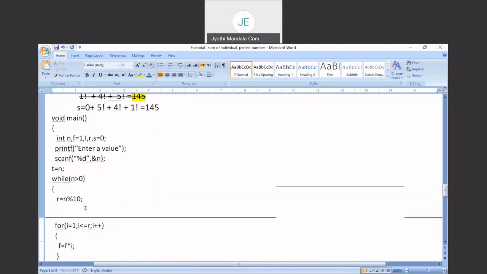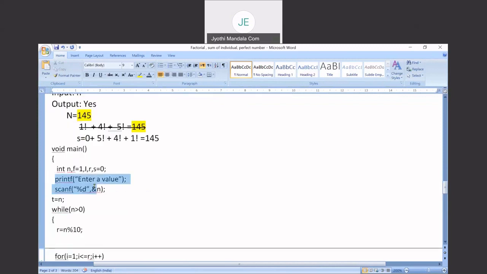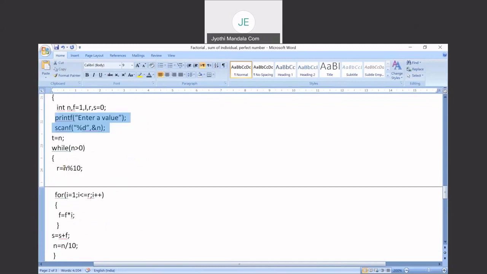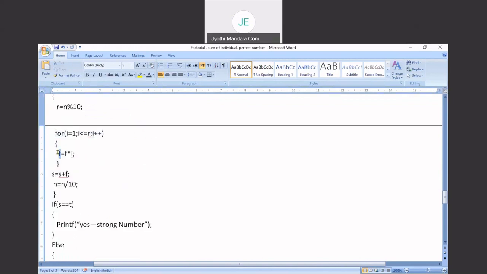I hope you all are clear with this program. What we have done, we have asked the user to enter a number and store that number in n, and each time we are performing the modulus operation to get the remainder. That means the last digit, and for that last digit we are finding the factorial, and that factorial value will be stored in f, and that f will be added to the sum. To get the next digit, we need to perform this division operation.